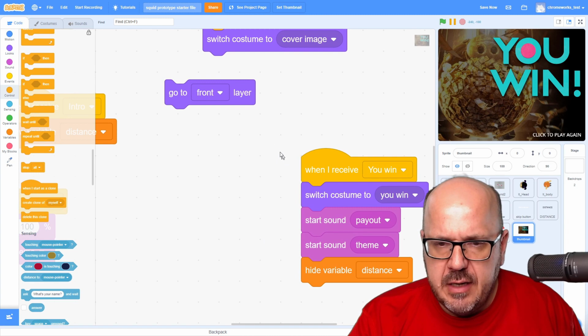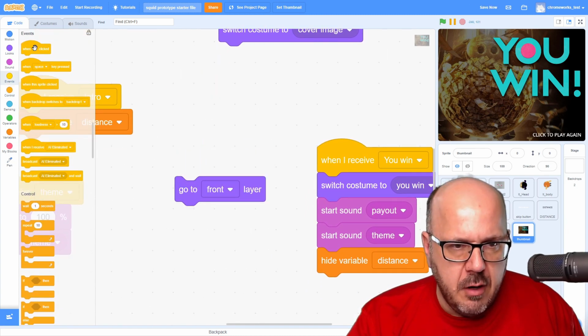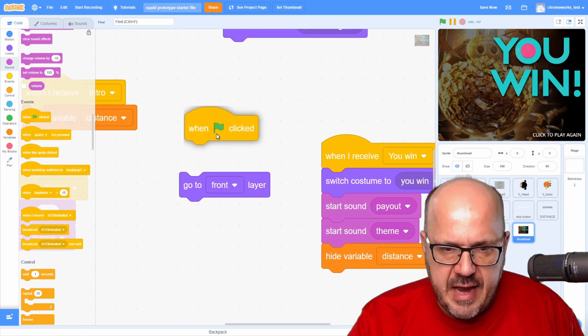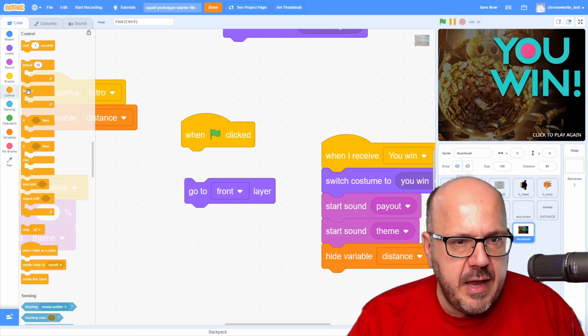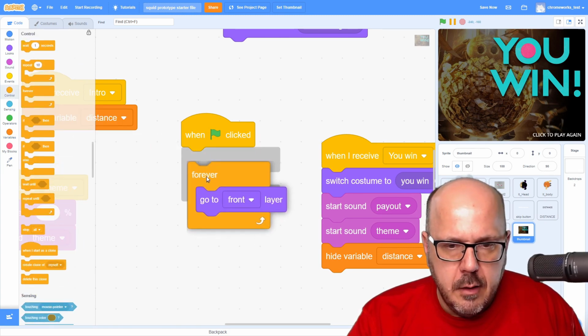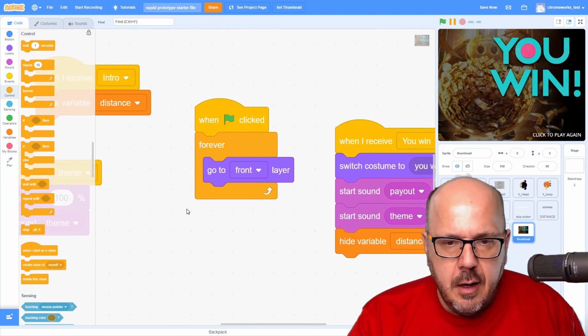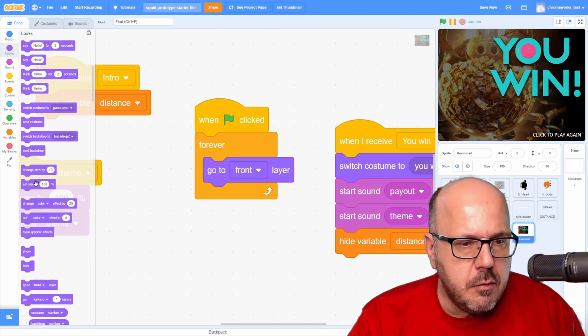So actually, now that I think about it, let's code that right now. So it's not going to quite look like this in the final version, but for this to work properly, we're going to have to attach this to a green flag here. And let's just grab a forever. So we're going to keep going to the front forever. And when the green flag is clicked, we're going to set that ghost effect. So we're going to go set